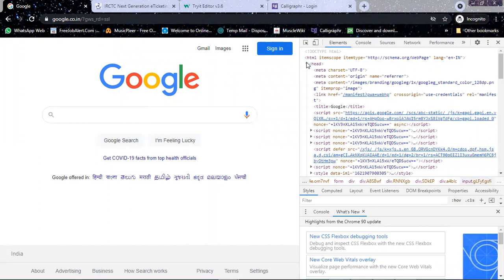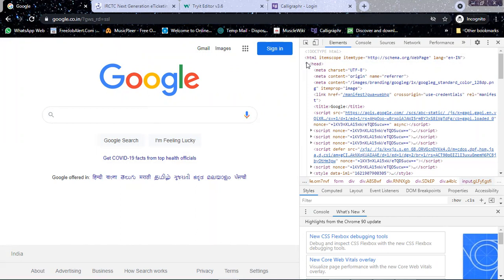You see some metadata there, like the UTF encoding is used as UTF-8, and the content is origin and name is referrer, and you have some images for branding and all those details, till the title and the script and other stuff. These will be common across all the pages, whatever you see.